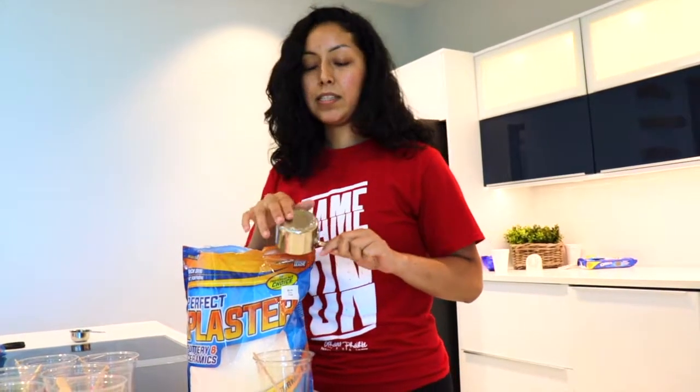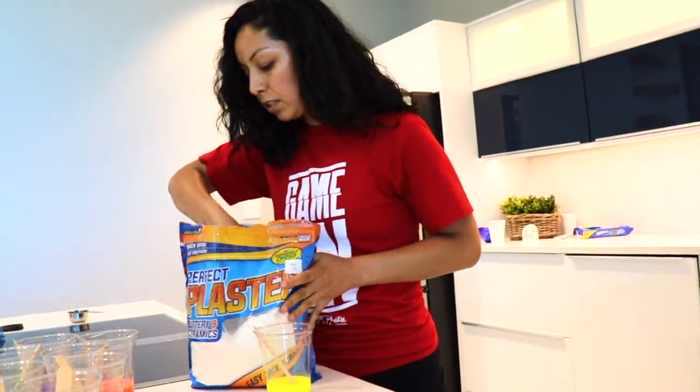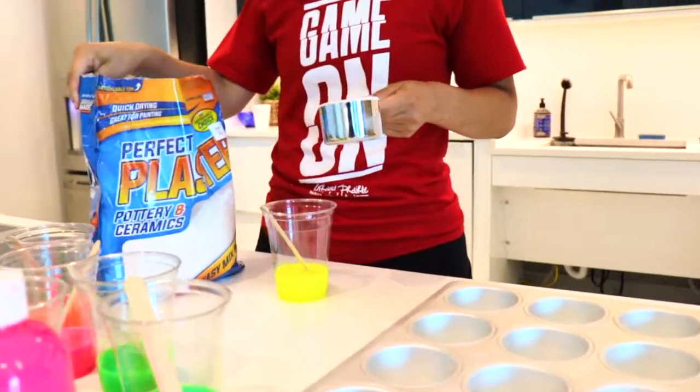If a few little pieces get into the sink, it'll be fine, that'll wash down, but we don't want big chunks going down the sink. So, this is 2/3 of a cup, as mentioned before. This part can get a little messy,